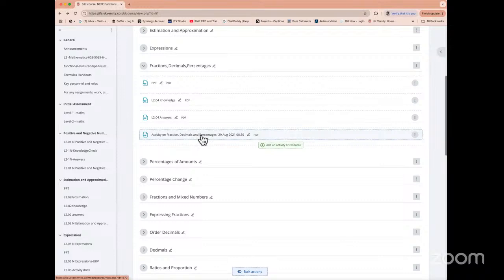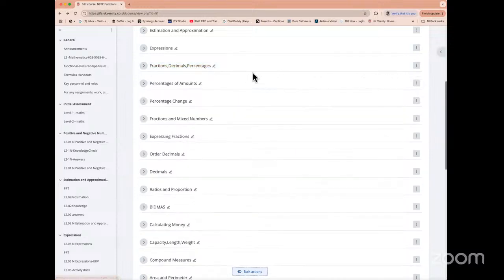So my suggestion would be to revise what I've discussed with you today by doing these small activities. It will not take you more than 10 minutes, but do it using pen and paper. Do it using a calculator, because what you want to do is understand the methodology in terms of how you would convert decimals to fractions to percentages, and then vice versa, which is percentage to fraction or decimal, or fraction to percentages or decimal.